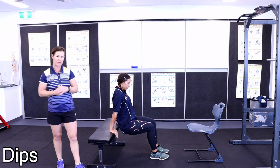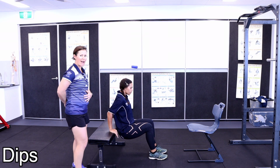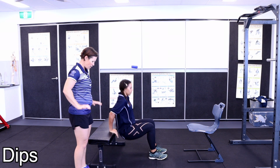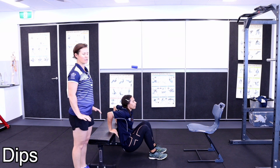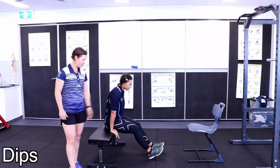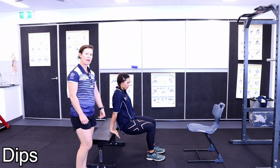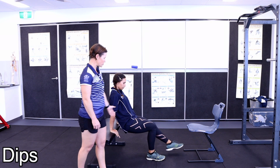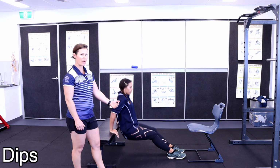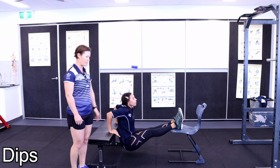So what we need you to do, there's a couple of safety things that you really need to be sure of. That you're keeping your back and backside close to the surface that you're dipping from. That your hands are nice and flat on the surface, and that you're not stretching those shoulders back. Level 1 variation is feet nice and close to the bench. Level 2 variation is you can straighten those legs out a little bit more, which makes it harder. And our third variation is with our feet elevated on a stable surface, and again keeping that back nice and